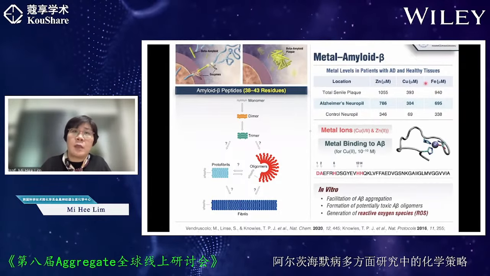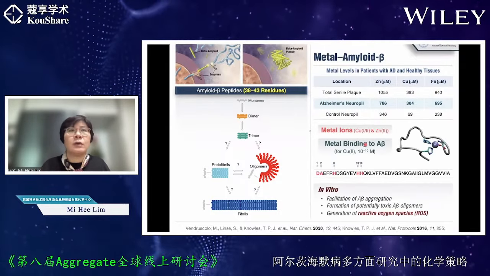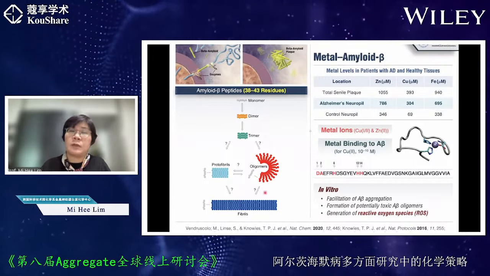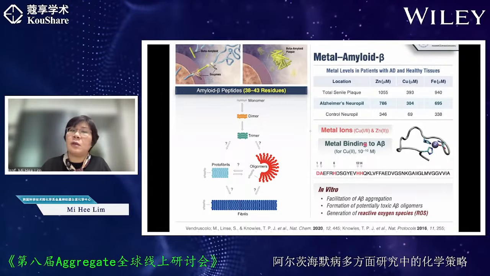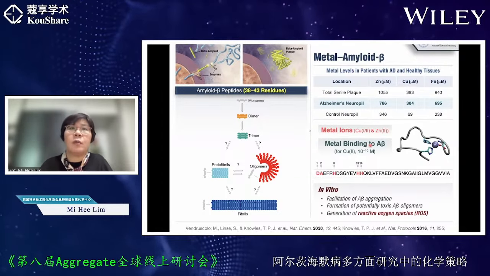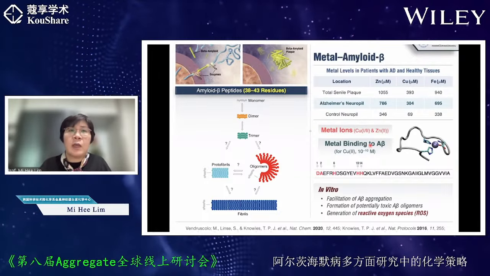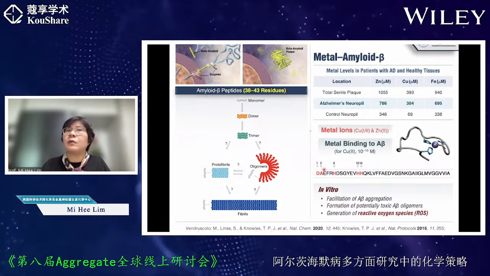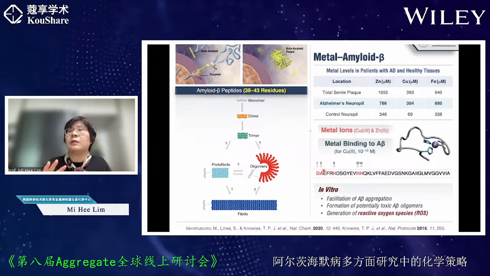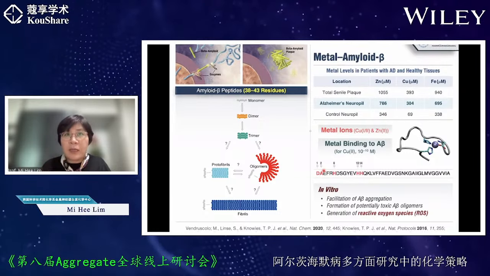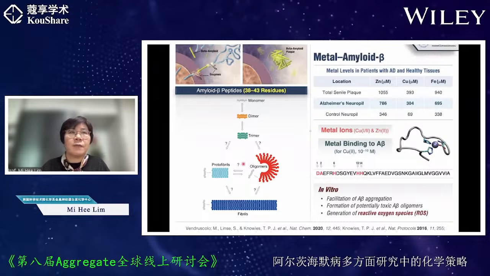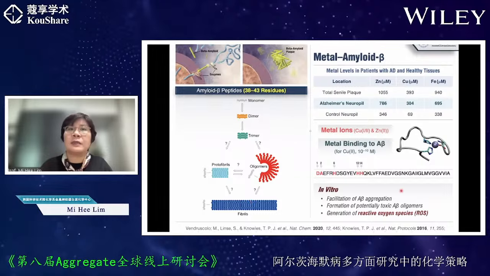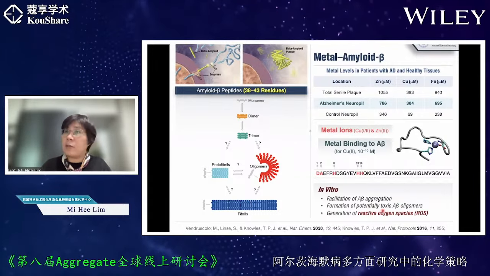So far, what has been known is fairly well established. Copper and zinc can bind to any form of the A-beta species shown here, and the metal binding is very reasonable under the biological concentrations in the system. In the case of copper, the affinity is in the nanomolar range, and three histidines and some of the N-terminal residues are involved in copper binding. Upon binding to A-beta, copper can facilitate A-beta aggregation shown here and form and stabilize more potentially toxic A-beta oligomers.